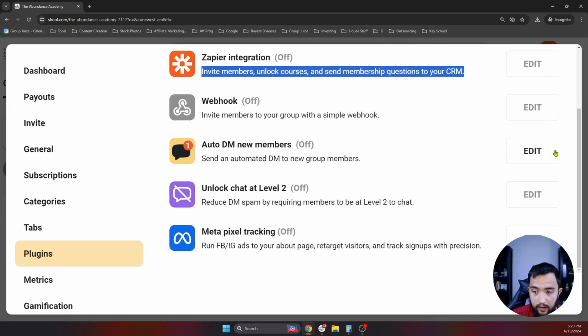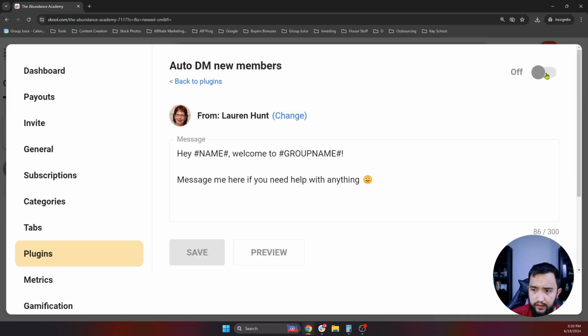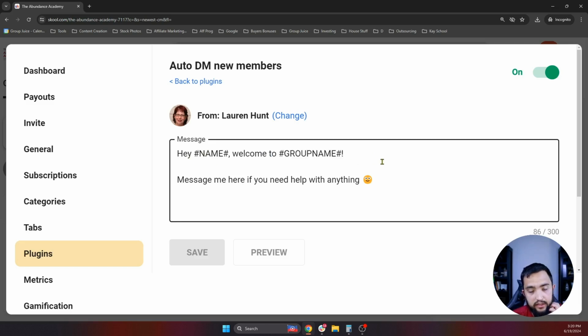Auto DM new members, we like to have this on. So what I'm actually going to do, I'm going to turn this on. So we can also change this, right? And it is 300 characters max, which I'm actually going to come back through and do this in a second because I want to have a couple things in place before I actually set this up. Hey name, welcome to group name. Super glad